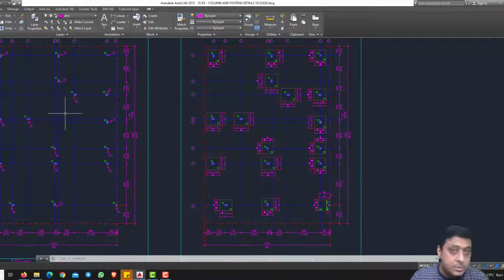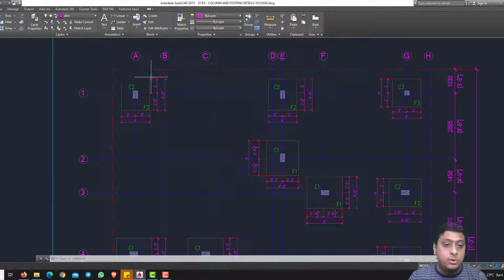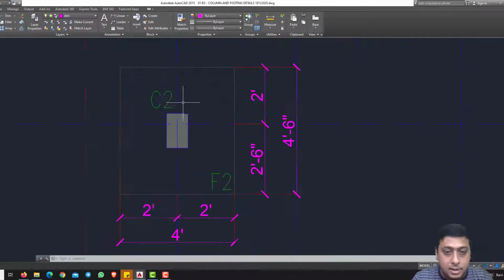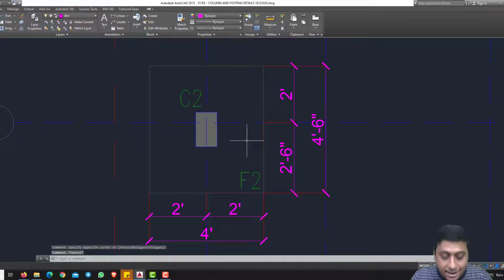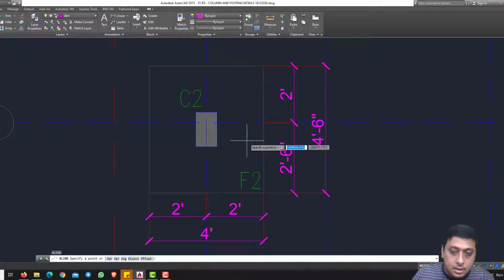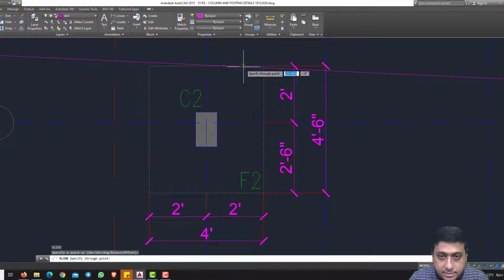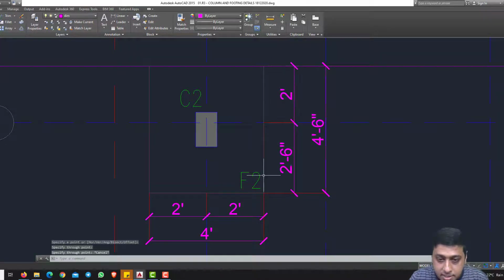Once these lines have been laid on the site, then what you have to do, for example, I take the same example. When you are actually plotting this box on the site, you have to do it with respect to the grid line only. Again, the grid lines are coming into the picture. Please observe here, I have to mark it. For example, I have to mark this line 2 feet from this